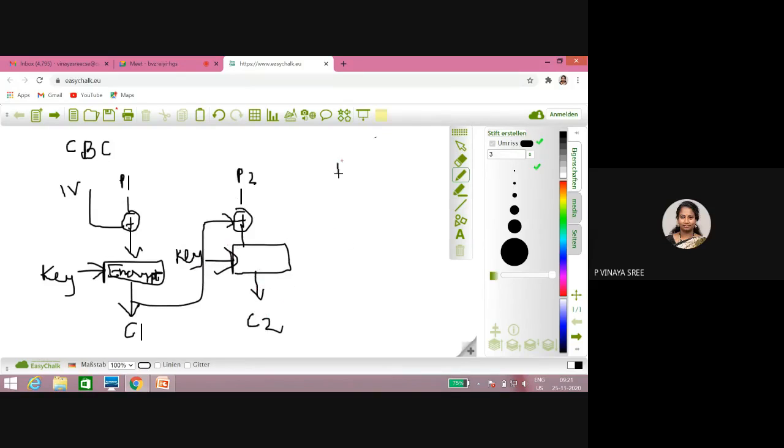In the same way, next we have P3 XORed with the previous ciphertext. Both are XORed, and after the XOR we encrypt with the key, so that we generate C3, and so on until Pn.